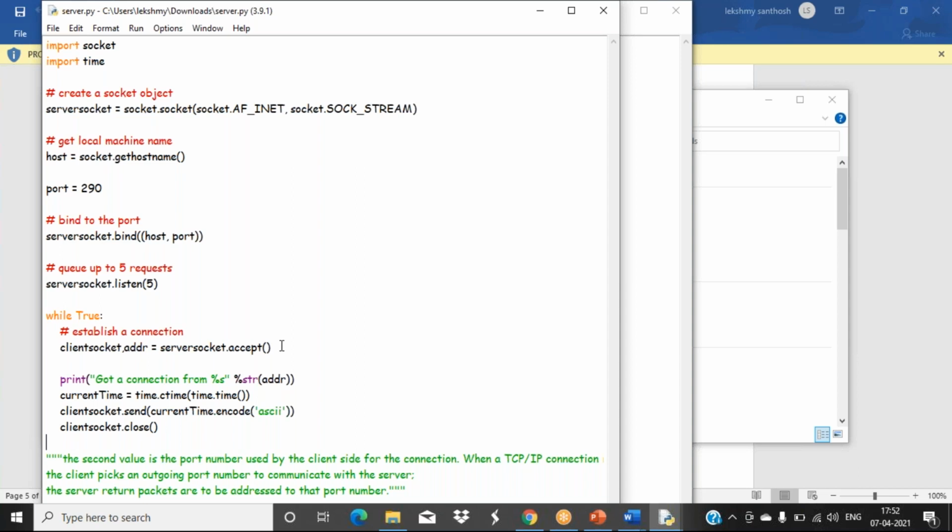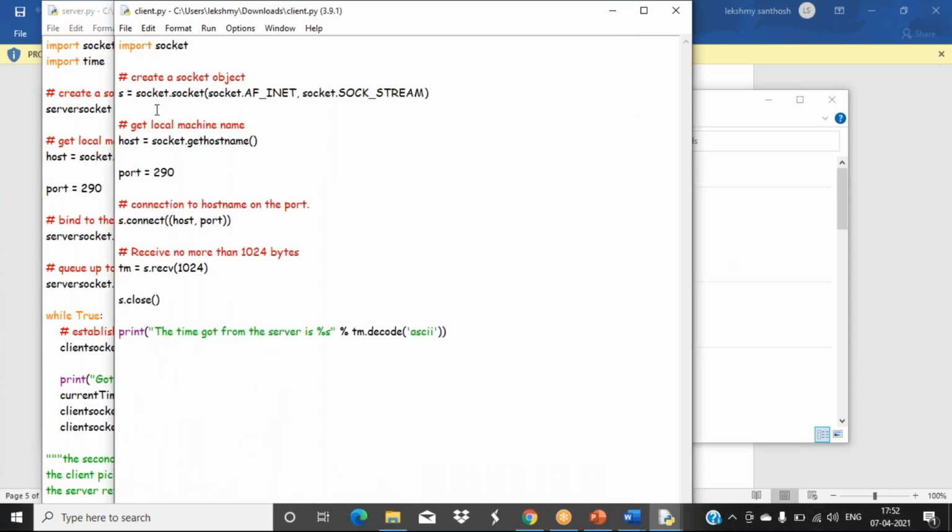While sending the message in networking, we have to convert and send it, because it will travel in the form of bytes only. Means number format only it will travel. Character-wise it will not travel there. So we converted into ASCII form. That is only what this encode function is doing. That much is your server side.